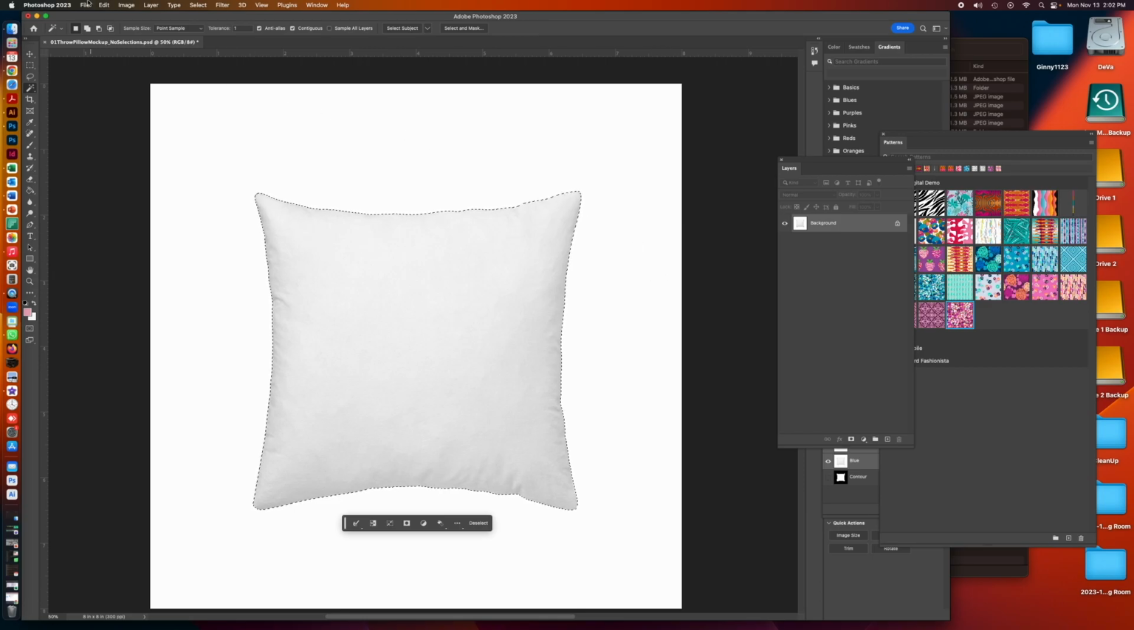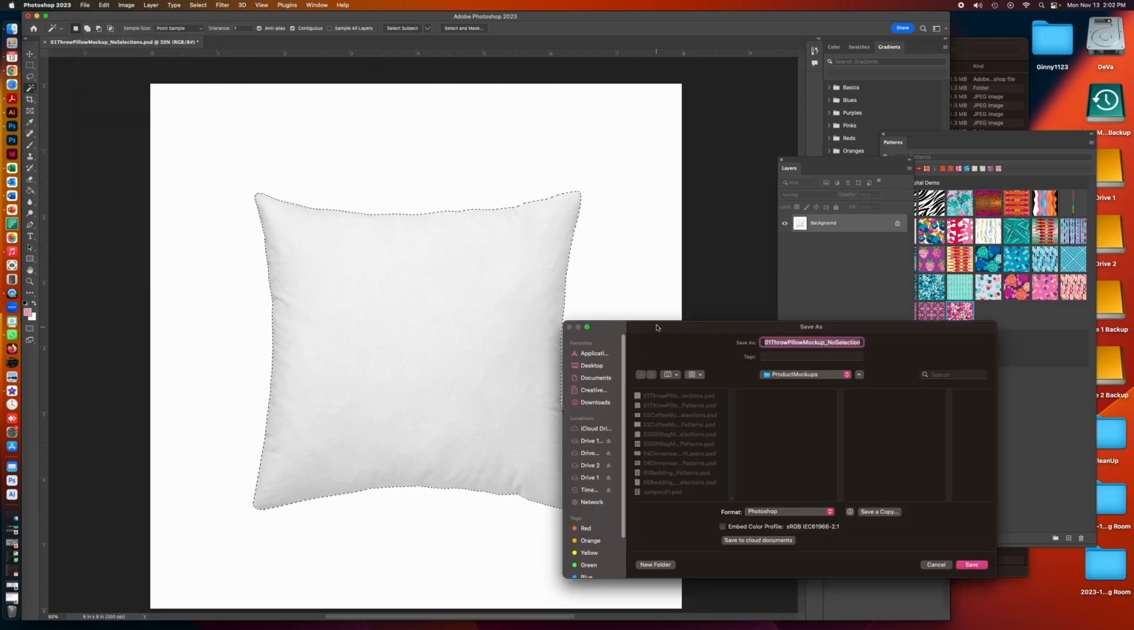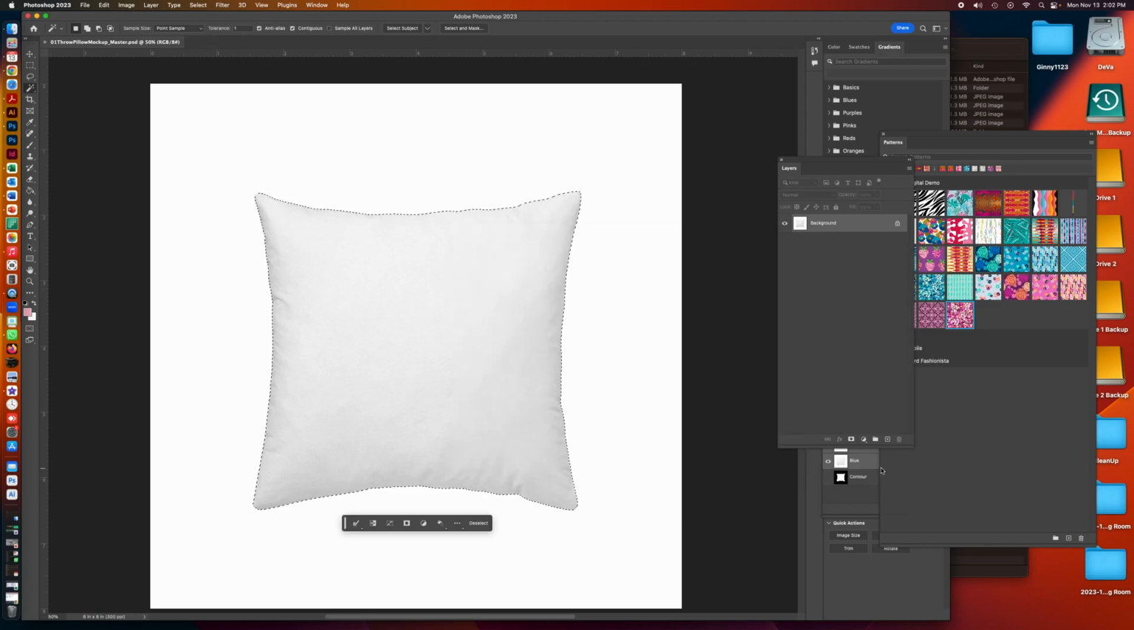Now, one thing I forgot to do is I want to save this file with a new name so that I can preserve my plain mock-up for future use. So I'm going to name this master. And I'm going to only have one Photoshop file for all of the pillows that I plan to do for my portfolio. So what I'm going to do now is, with the selection activated, I'm going to go to Layer,